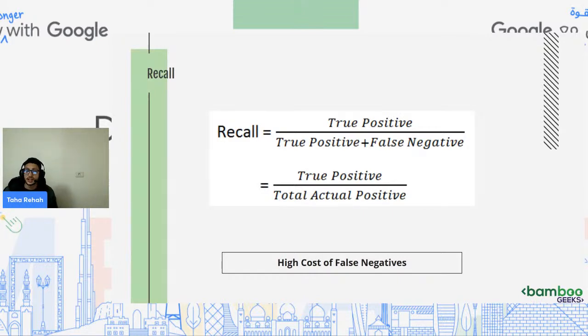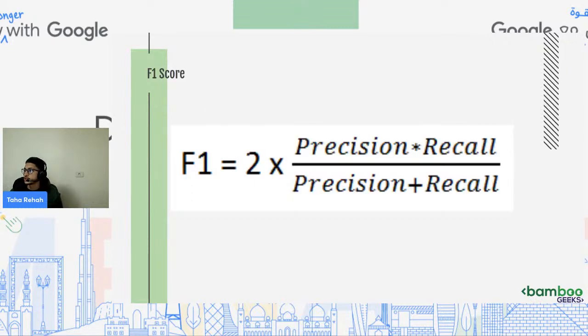So the model is not allowed to have a high false negatives rate. It's not allowed to do a lot of false negatives. That's where we use recall, and that's where we need recall. Okay, so that was the third metric.